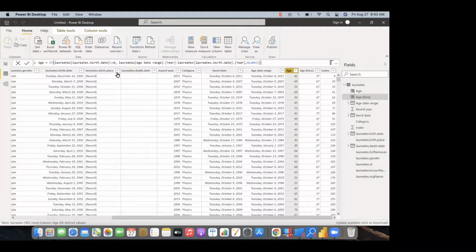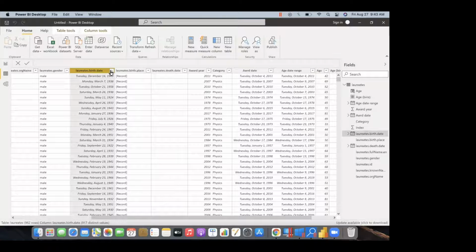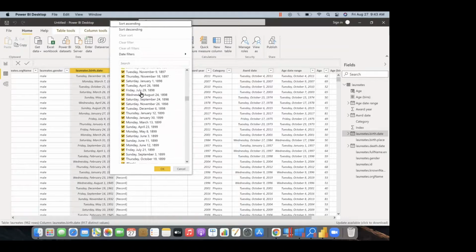Then I calculated the age. Since we have blanks in the birth date, when we create the age, for example someone got the award in 2020 and the birth date is not given, the age will give us 2020. That is wrong.